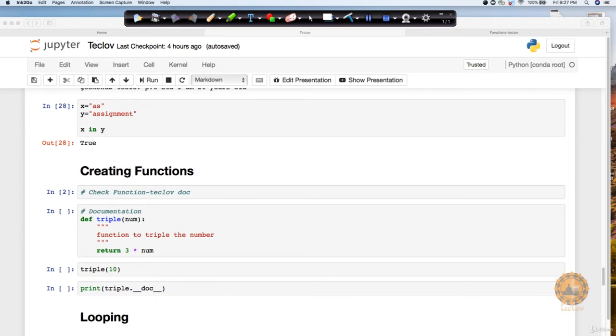Now let's learn how to create functions. This is going to be a very important part of Python. Generally, when you write code in a project, you should never just put everything into one file and say, okay, I'm done. It's a very bad coding practice. What you should instead do is put those small chunks of logical code into a module, which you call a function, and call that function as a separate thing.